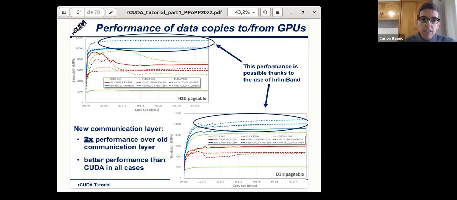Of course, this performance is because we are using a high performance network. If we only have a regular Ethernet network with 1 gigabit, the performance, of course, will be lower. But if we are in an HPC environment using an HPC cluster, we can assume that we will have a high performance network.